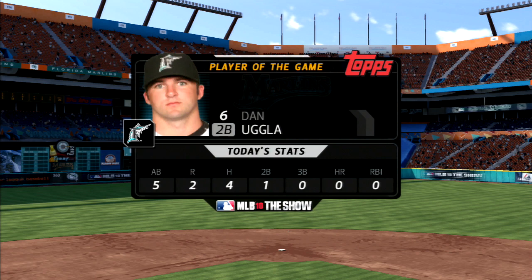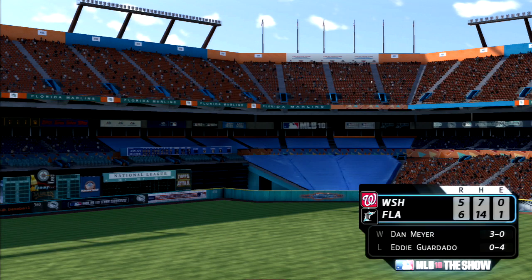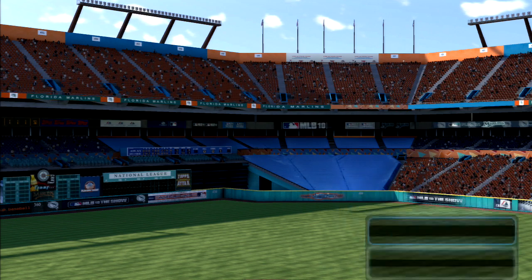And as we wrap things up here, what do you say we name this guy right here as the recipient of our Topps Player of the Game award? Well, Matt, he really led the way in this one. A 4-hit game, and he was certainly one of the cogs in the machine here in this one. So that'll bring us to our conclusion here this afternoon. For Dave Campbell, Rex Hudler, and our entire crew, this is Matt Vasgersian thanking you for joining us here today. This has been a presentation of MLB 10 The Show. For more, log on to MLB10theshow.com. The Marlins win it 6-5. We'll leave you with the highlights from this 10-inning contest as we